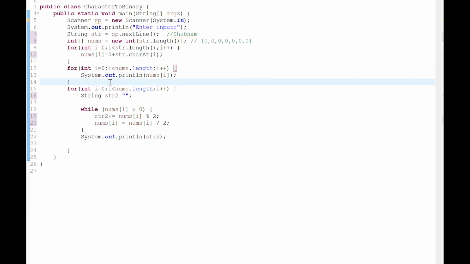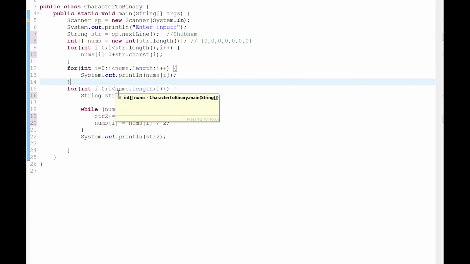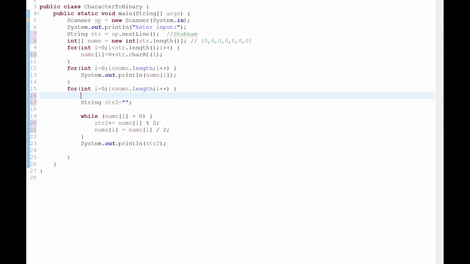Now after getting the integer value of each character, I am going to convert each character's decimal value into binary format. Suppose the first character's decimal value, nums of i, is 83.